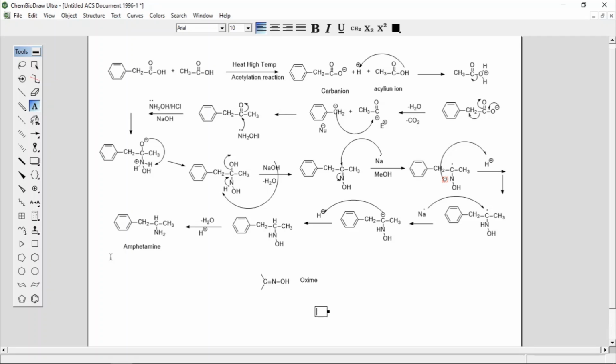This amphetamine is optically active because this carbon is attached to 4 different groups. So it is optically active, and it exists in two forms, the dextro form and the levo form. It is found that the dextro form is more potent than the levo form. This amphetamine is also used in the treatment of narcolepsy and alcoholism. The side effect of this amphetamine is that after prolonged use, it causes a psychotic state of suspicion and paranoia. So this is all about the reaction mechanism of amphetamine, how the bond formation and bond breaking take place.